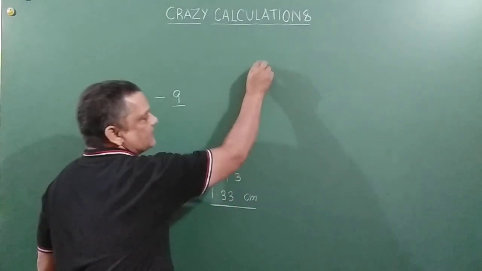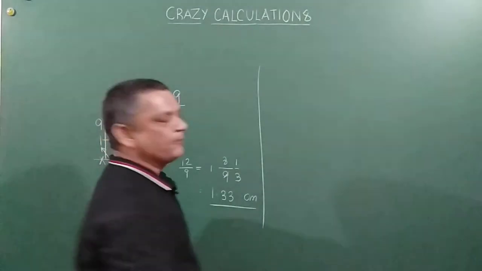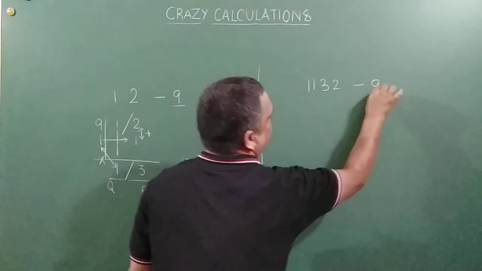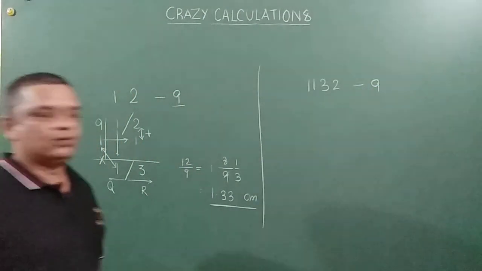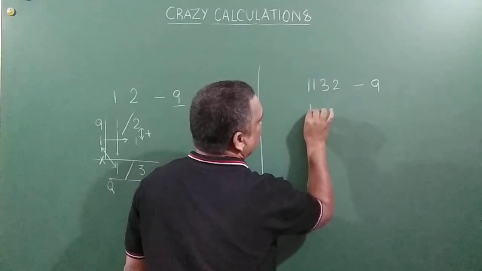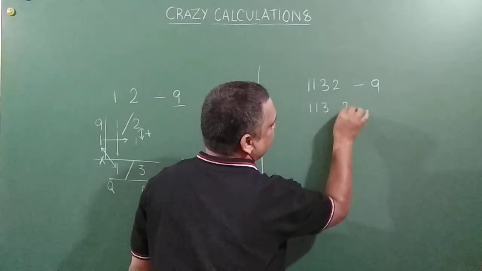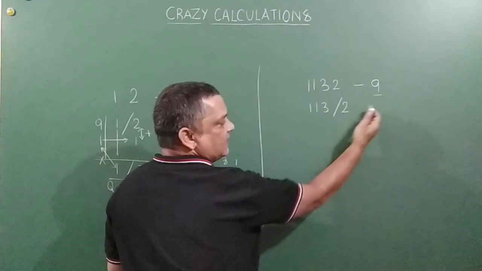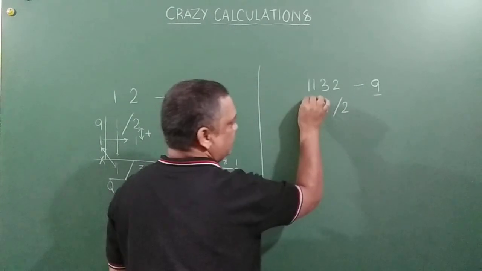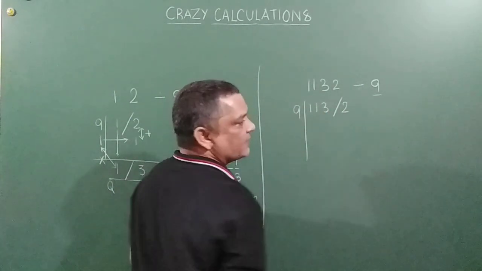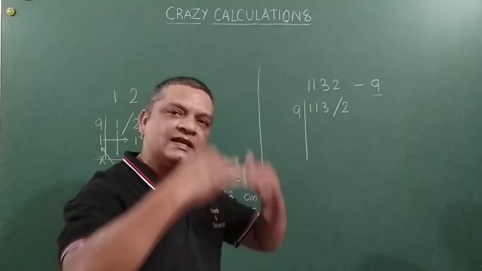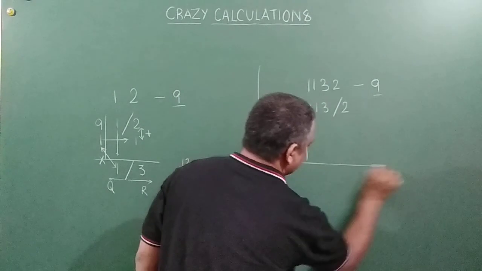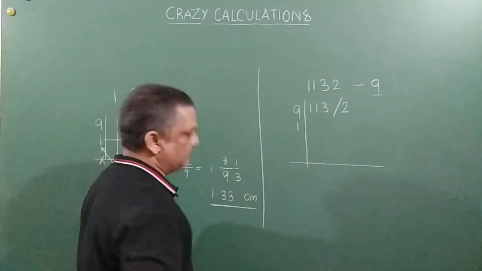Now let us take a different example, slightly lengthier. 1132 divided by 9. Let us say I have to divide 1132 by 9. I am going to write 113 and 2 here. Since 9 is a single digit, from the right hand side I will mark one digit for the remainder. Then I am going to write 9 here, and 9 is close to the base 10 but 1 lesser than the base, so I am going to write 1 here. Now leaving some space, I will draw a line here.